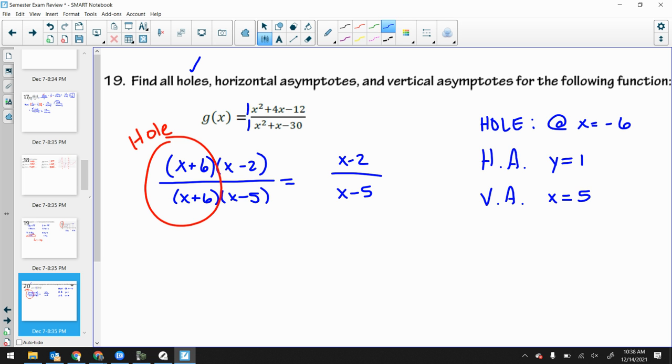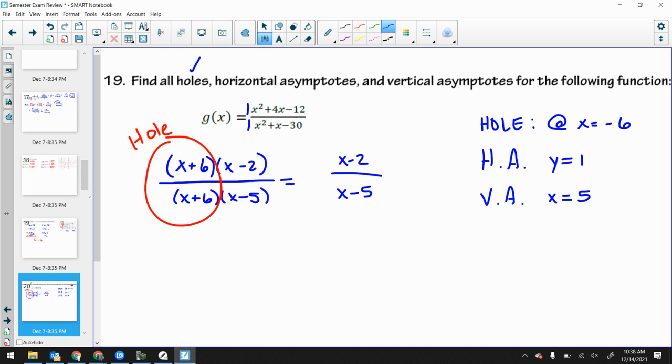Honestly, what are you looking at here then? You're looking at anywhere where there was a discontinuity, right? There was a discontinuity at -6 and 5. The discontinuity is a jump discontinuity or a removable discontinuity at -6, where it was an infinite discontinuity at 5 because it went to a vertical asymptote. So for holes, it's just if the top and bottom have the same equation in them. So like, whatever cancels out from top to bottom.